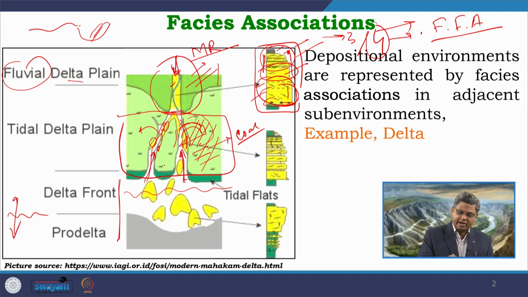Within the channels, what we are getting now, the bars will be less thick, the energy condition will be quite less with respect to this upper part, because here the fluvial current and the tidal current are obstructing each other, and that obstruction will lead to reduced energy condition. So, what we expect over here, we get relatively thinner units in terms of sand and mud, particularly the sand units, and those sands are characterized with tidal signatures. They are not pure fluvial sandstone anymore.